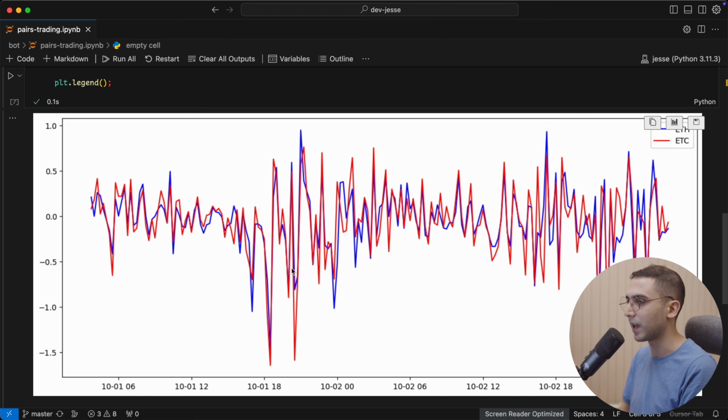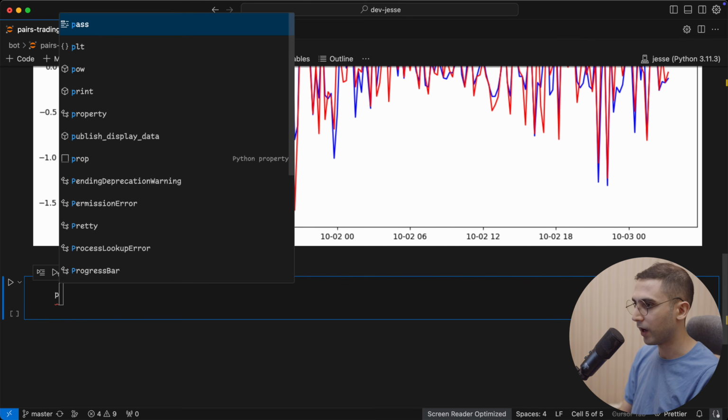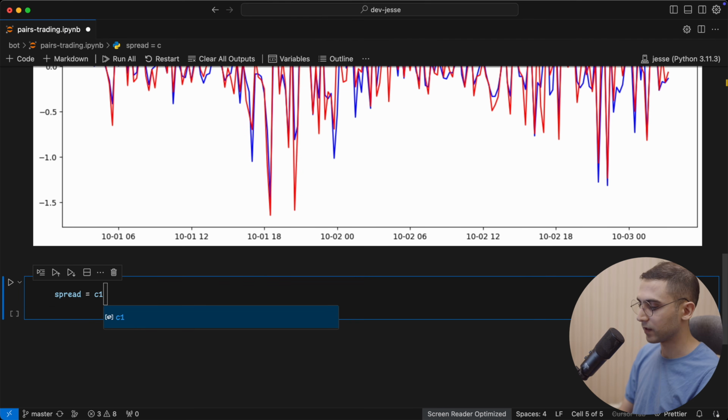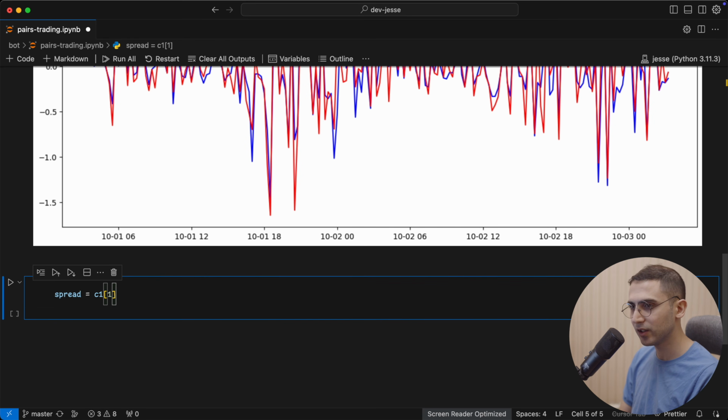That's how we know this is happening. So we need to use statistics to come up with a good strategy. So the first step is that we need the spread. In other words, we need the difference between the two price data. So I'm gonna define a spread as C1, and then I'm gonna select since the first candle up until the